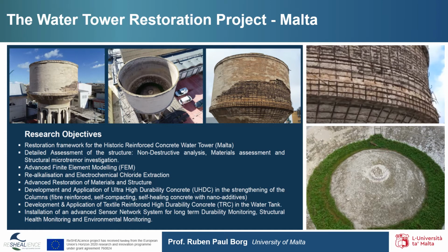There are a number of research objectives for the project. These include the restoration framework for the historic reinforced concrete water tower, a detailed assessment of the structure including non-destructive analysis, materials assessment, and structural investigation, an advanced finite-element model for the structural analysis, interventions including re-alkalisation and electrochemical chloride